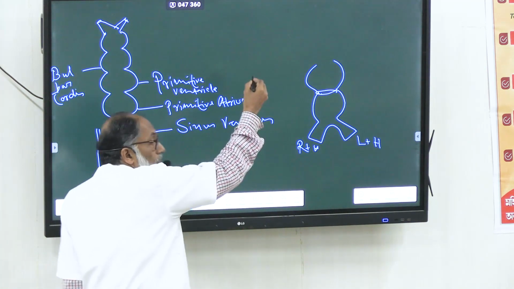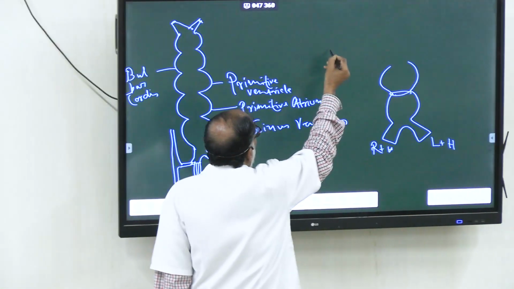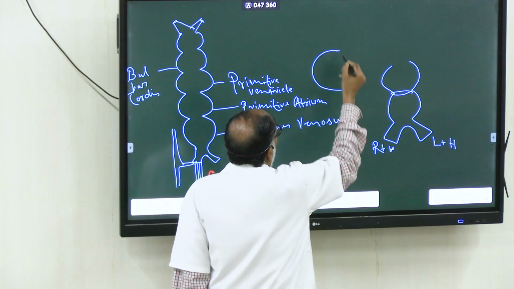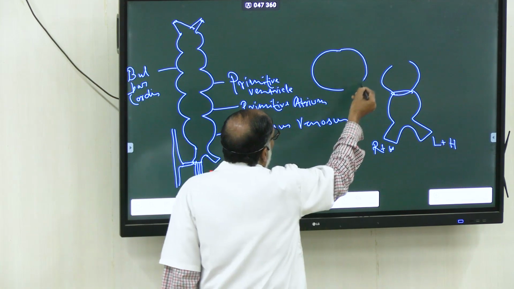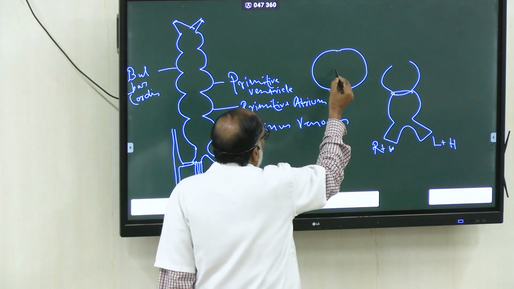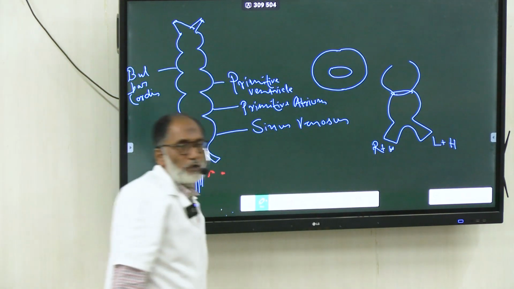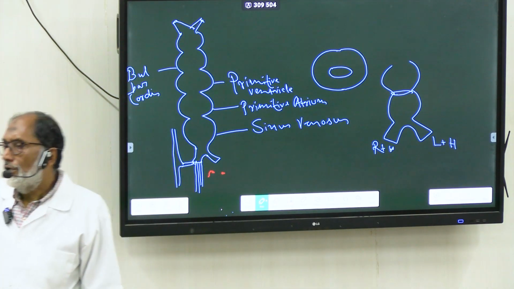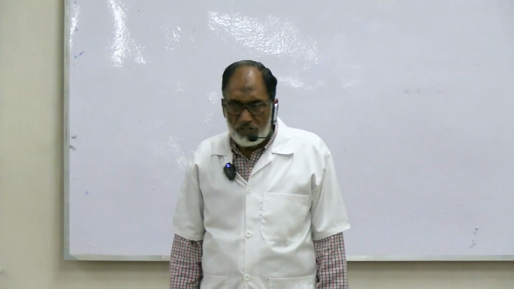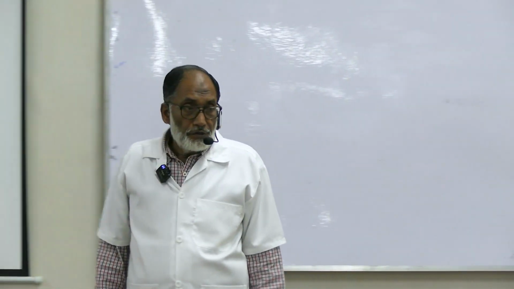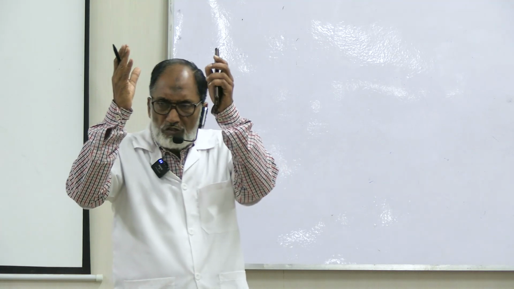Now if suppose I draw the primitive atrium, and this is the opening of the sinus venosus. This is the opening of the sinus venosus. Before that, after the formation of the heart tube,